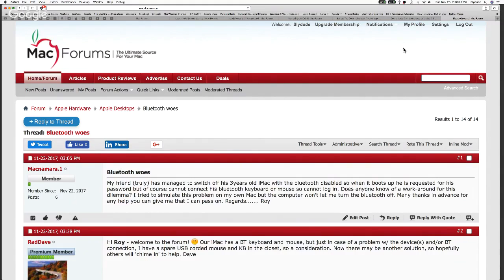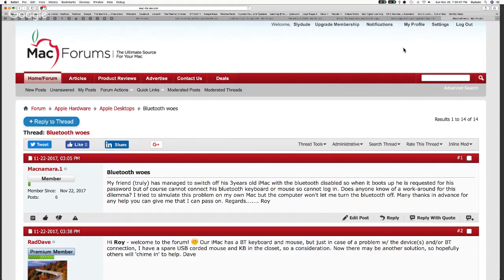It doesn't have to be a fancy one. In fact, when it comes to the mice, the simpler the better, because these multifunction mice that have you loading third-party software can sometimes be the source of some of the problems that you're having.